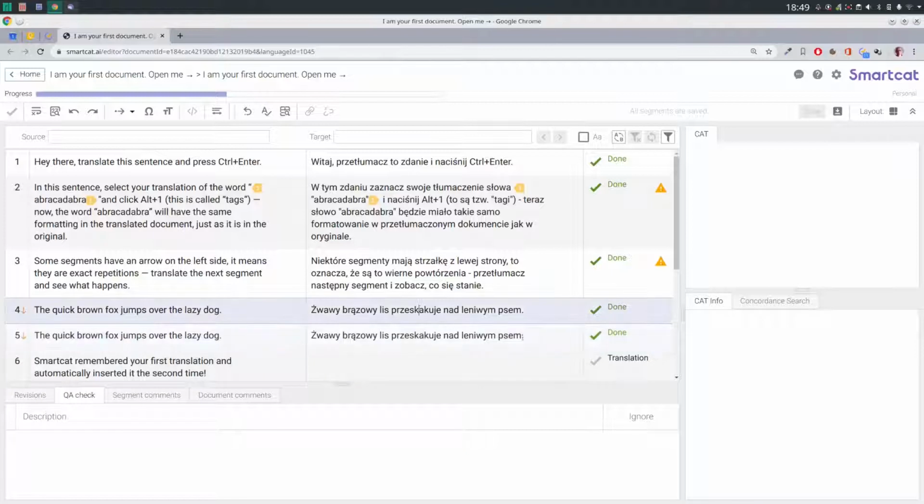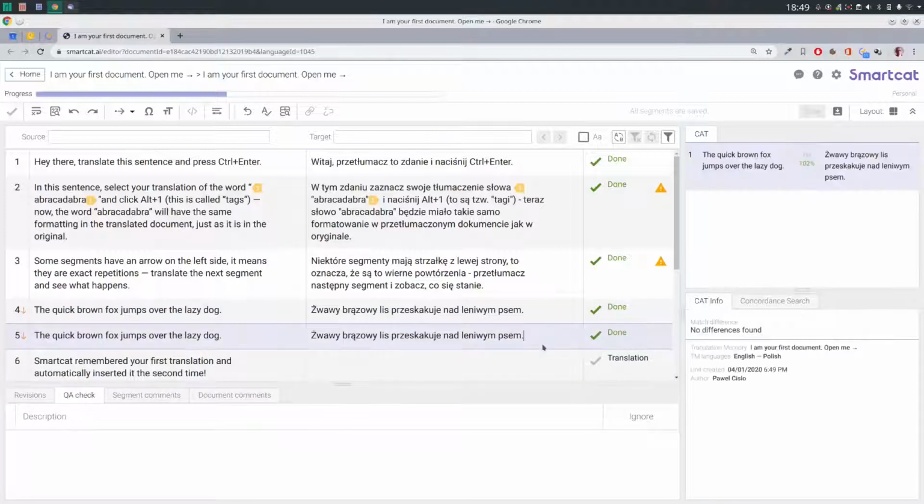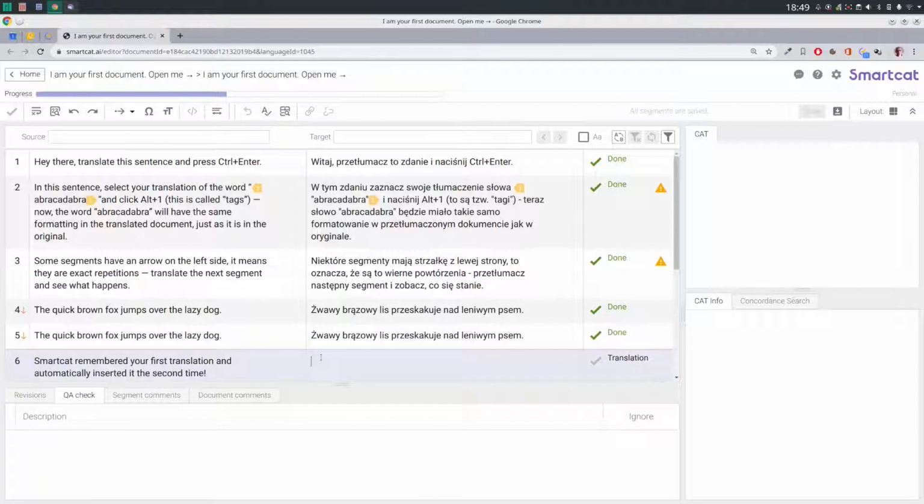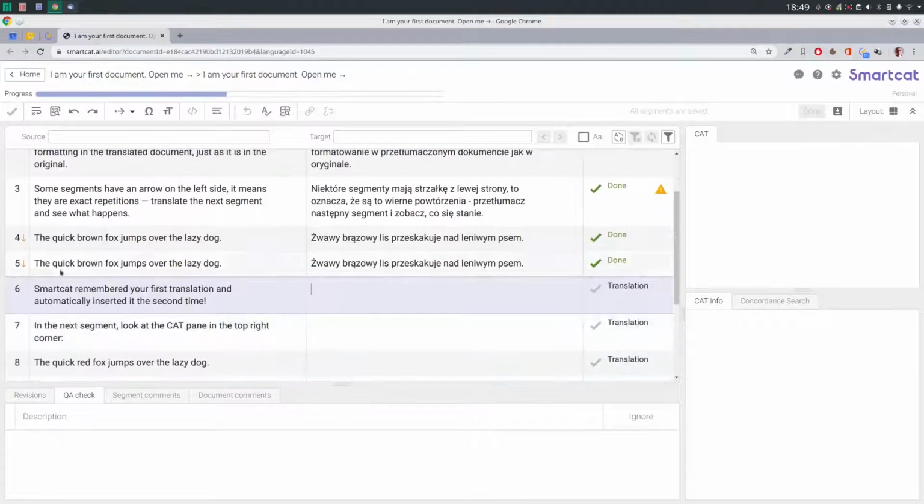So now it has recognized that this is the same sentence, and so the translation has been inserted automatically. So that's what happened, right? SmartCut remembered your first translation and automatically inserted it the second time. So SmartCut